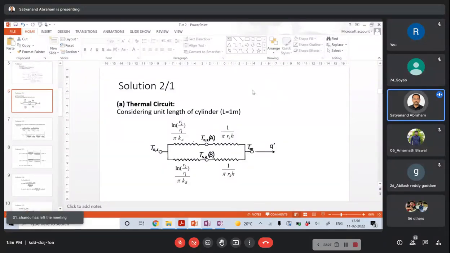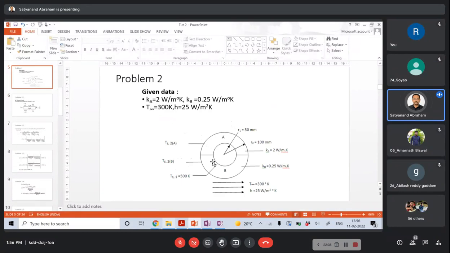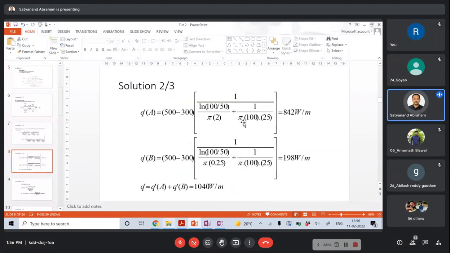So if it is a full circle, we are actually saying 2 pi R2 into L. L anyway, we are taking as 1. But since we are actually talking about only a half circle, instead of 2 pi R, we are taking only pi R2. So that's why here we have pi R2 into H. That much is the heat that actually travels through the material A,